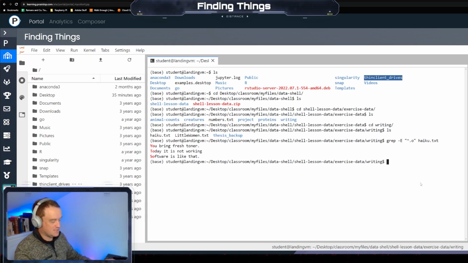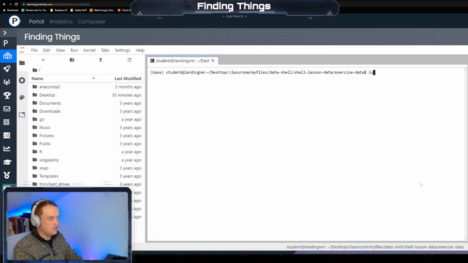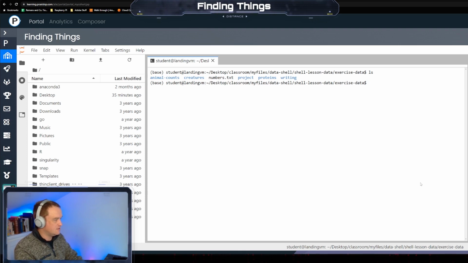All right, let's get back out of this and clear. Perfect. Okay, so we want to be in this exercise data directory, so we want to go back up one folder to exercise data. And if we do find dot, enter,